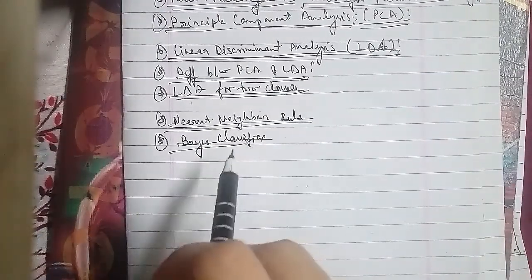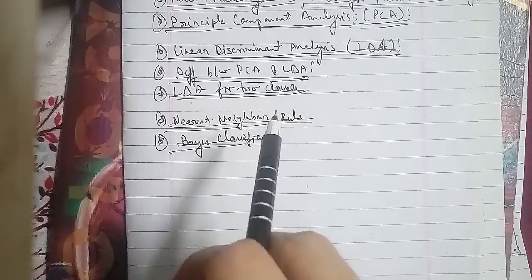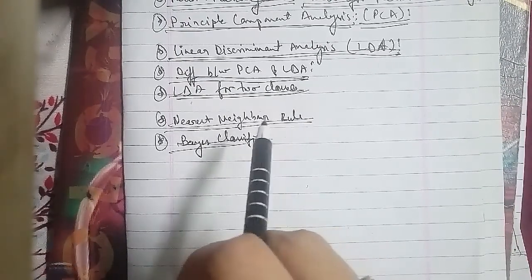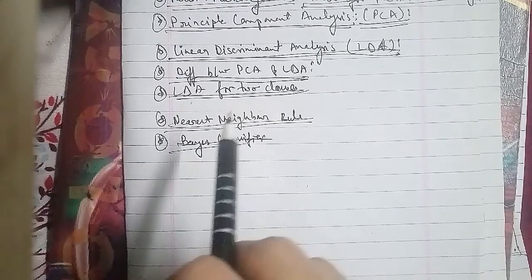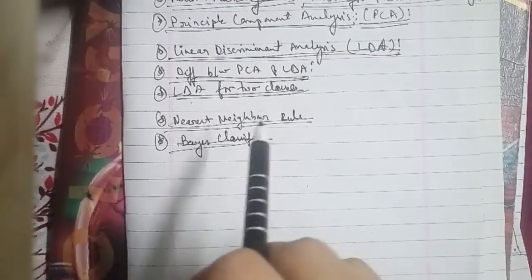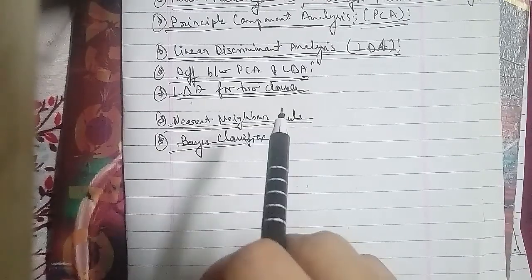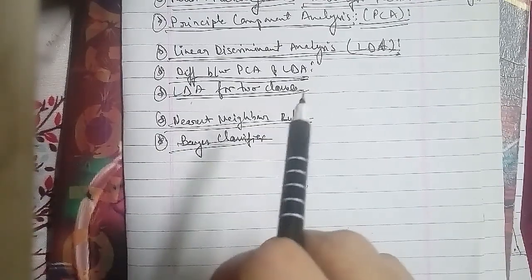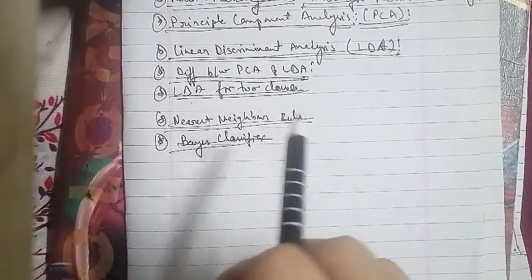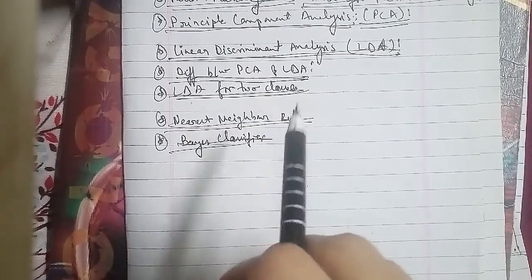In terms of the Bayes classifier, a Bayes classifier is a simple probabilistic classifier based on applying the Bayes theorem from Bayesian statistics with a strong naive independence assumption. In simple terms, a naive Bayes classifier assumes that the presence or absence of a particular feature of a class is unrelated to the presence or absence of any other feature. Depending on the precise nature of the probability model, the naive Bayes classifier can be trained very efficiently in a supervised learning setting as well. In many practical applications, parameter estimation for the naive Bayes model uses the method of maximum likelihood.